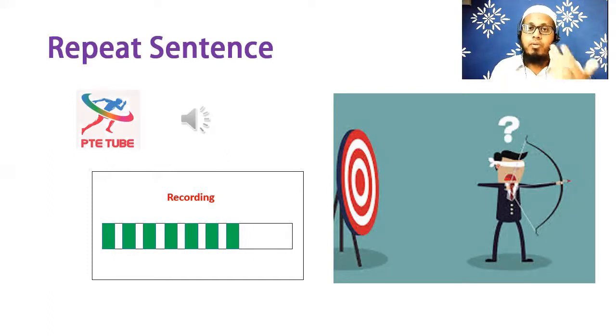When are you supposed to give your response? Usually you give your response once you hear a beep sound, isn't it? But that doesn't happen here. That is the trap, and you have to be very cautious. You cannot just hit the target blind, I just want to illustrate with the help of this image. So what are you supposed to do in this particular task, since there is no beep,